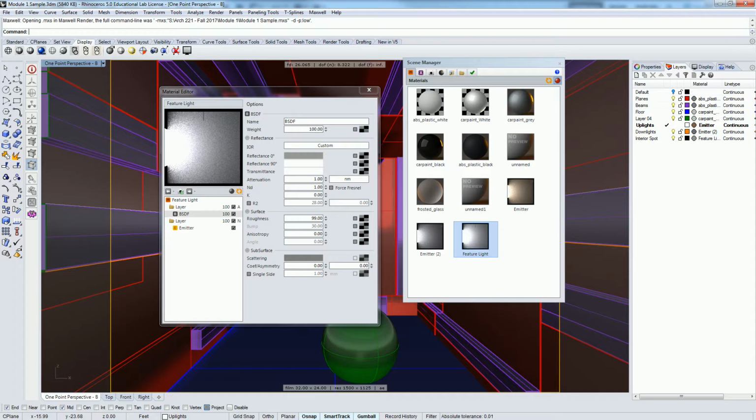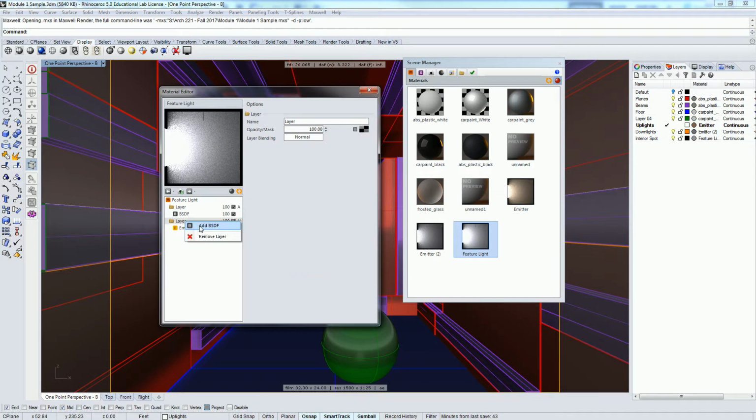So basically, if you right-click in the layer folder and you add BSDF, it'll go in there versus creating another folder. The intricacies of layering all these things, I don't create materials in Maxwell very frequently, so the hierarchy stuff is where I get tripped up quite frequently. But anyway, so what we're going to do here is,